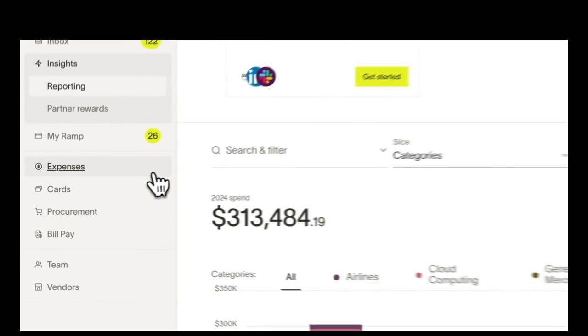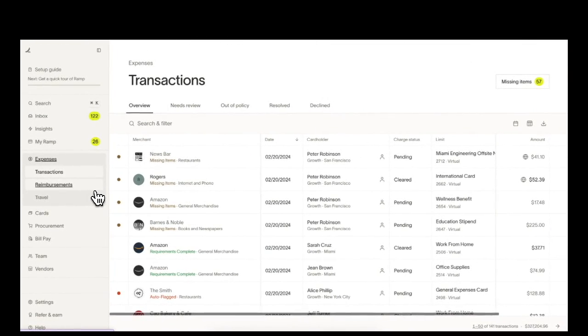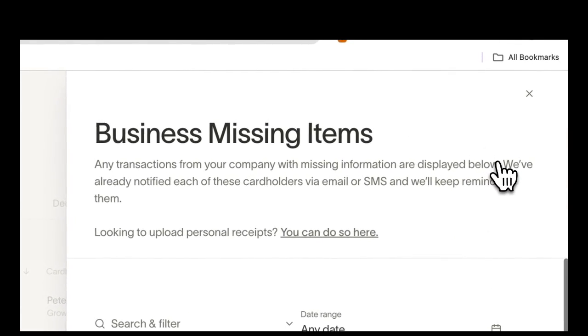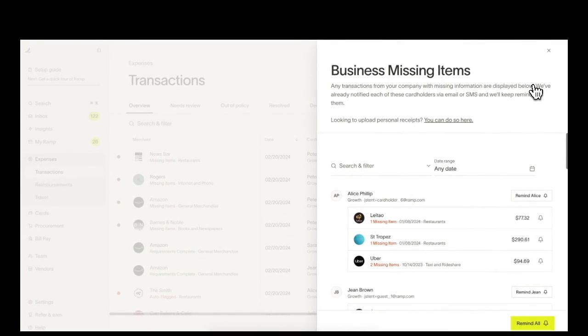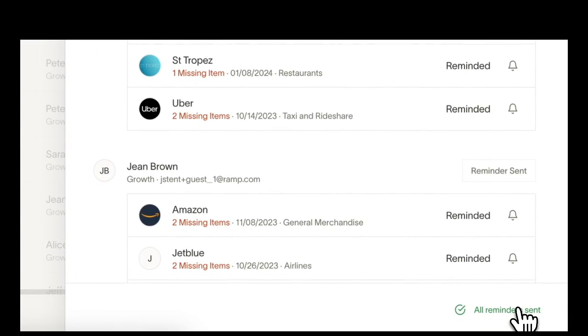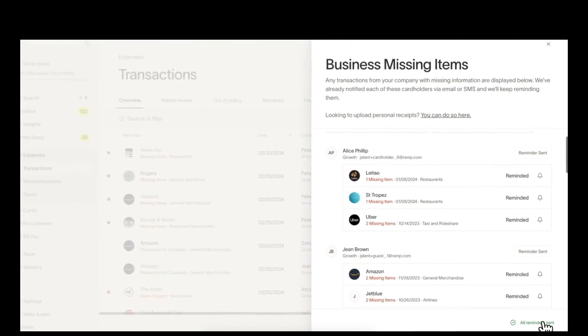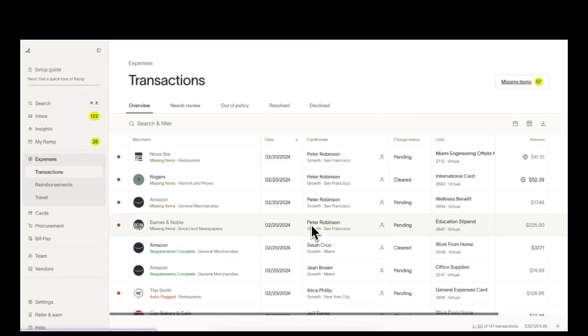The Expenses tab is another place to see all of your team's spend. If any of your team members have not submitted transaction information, like their receipts or memos, you can click into the Missing Items button in the upper right corner. This will open a window where you can remind people to submit their missing items by selecting Remind All at the bottom. Missing items may include receipts, memos, or any coding requirements, and this all depends on your team's submission